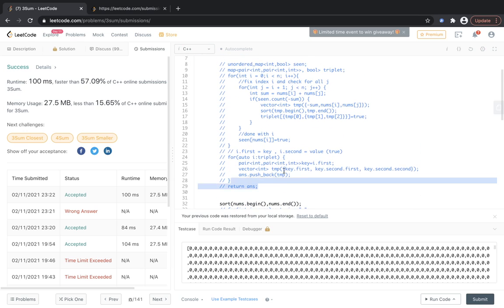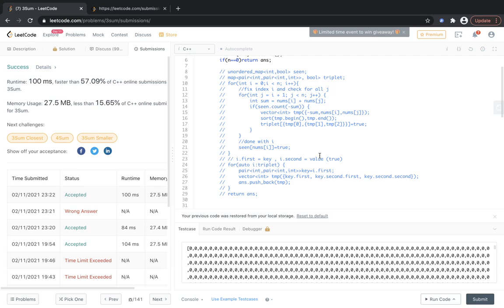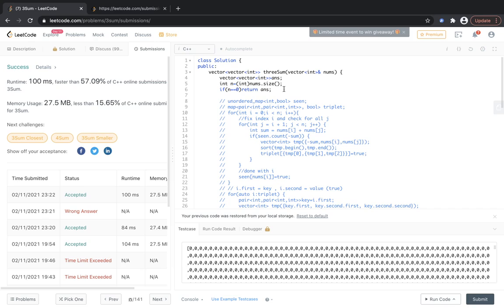And I think that the previous code would also work with this logic. I just need to add this one, but it would still take some time because I'm pushing everything in the map. But I can still try, because this video series is all about trying.